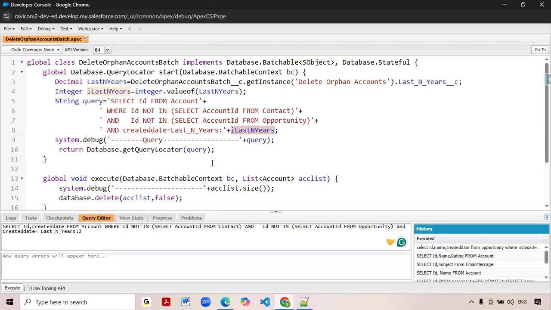Okay, I hope it's clear how it was implemented and how to utilize custom settings in the batch